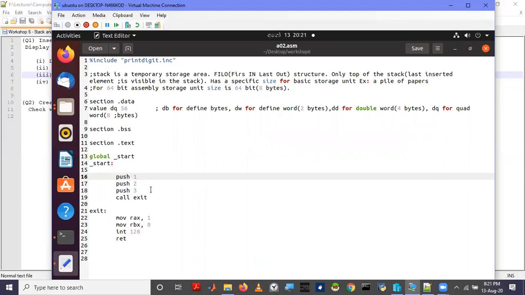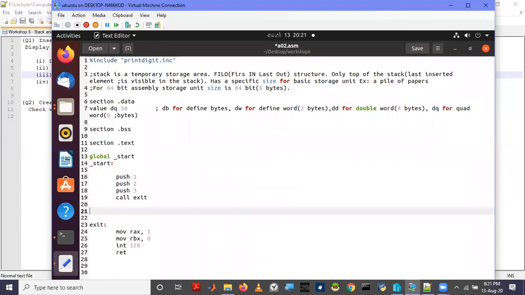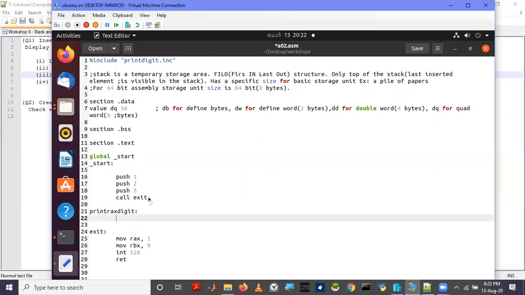For that, we'll use a subroutine, and in this subroutine we are going to print the digit in the RAX register, or in other words, the AL register. I'll name this subroutine print RAX digit.